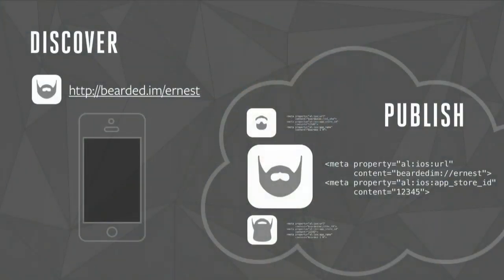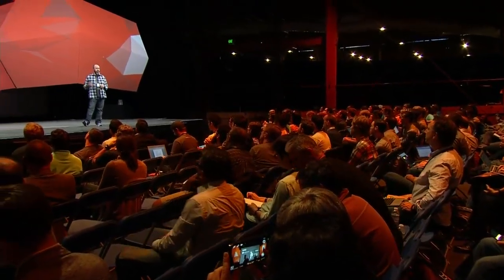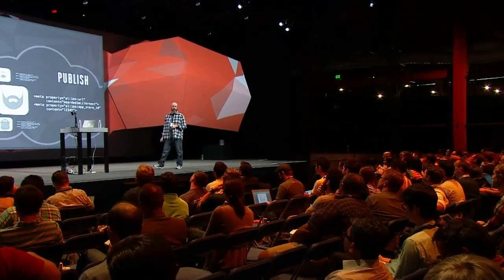If I, as the publisher of this content, want to use app links to enrich that experience, I can publish meta tags at each page that I have an app that can handle, and the meta tags describe key information, such as the app ID in the store, if the app needs to be installed. And in this case, this is an iOS example, there's a scheme and a path part that can be used by an outlinking app to transition to my app so that I can display the correct content. Each page that I want to have native support for, I can publish meta tags for in order to enable users to experience the content in the richest possible way.